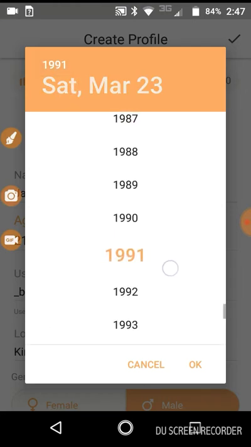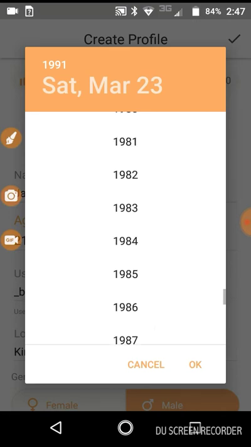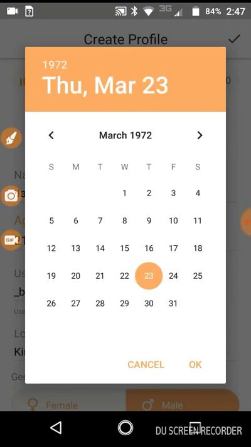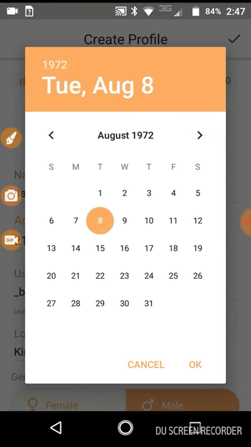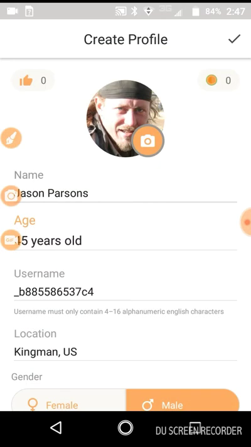Here we go. Okay. I should have tried that earlier. Okay, here we go. I got that by hitting that right there. Then we go to, can we do the same thing? No. April, May, June, July, August 8th. Okay, there we go. Now the username.